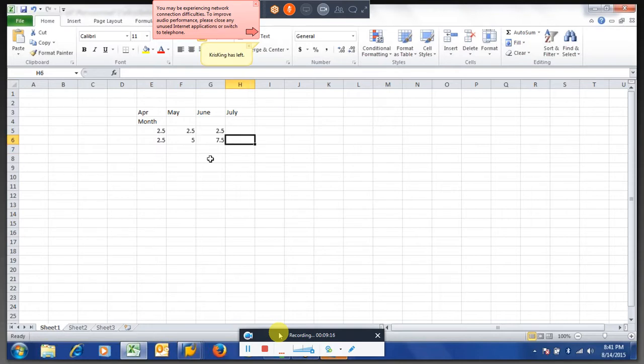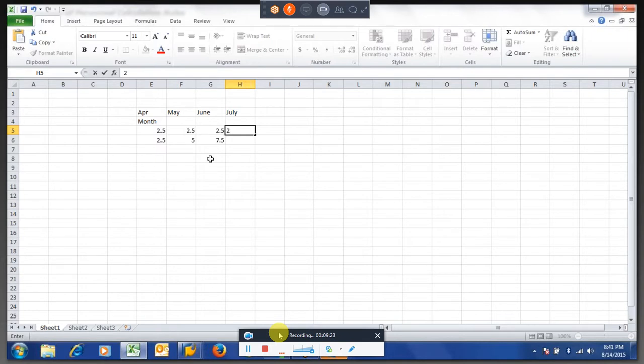At the end of June, he should be eligible for 7.5. Likewise, it should generate up to December. But the requirement is that it should not generate.